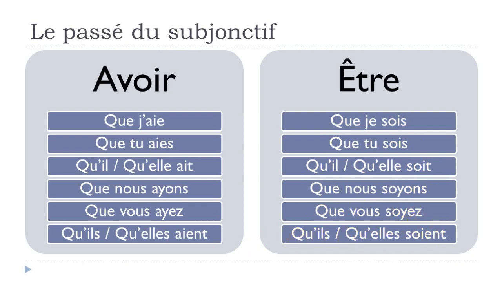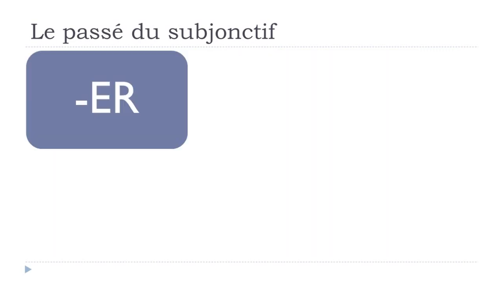All right, so try to remember them by heart, because especially if you want to construct this passé du subjonctif, these forms are the first one that you will have to put, okay? Normally the second part, well, at this point you should start to remember them. I mean, this participe passé form should be quite okay, but then don't worry, we'll work on that, okay? Because, well, the thing you get to remember when it comes to the participe passé form is that for the first group of verbs, or regular verbs ending with er, it will be